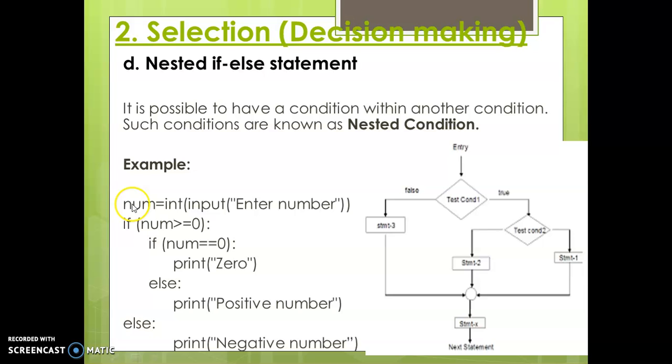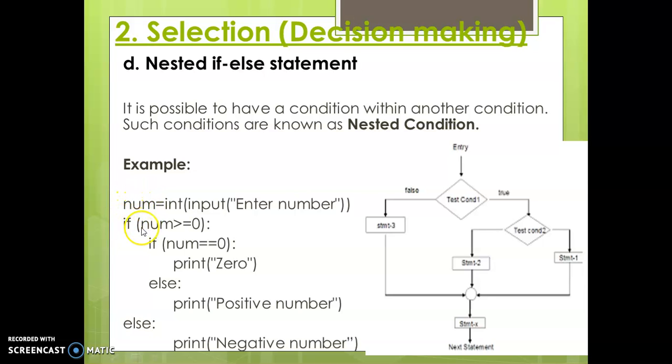Here see, num equal int num. What is num here? This is a variable. Equal is an assignment operator. Int is typecasting from one type to another type. If we are not using int here and only using the input statement, whatever value we get in num will be string type. So int here is a typecasting from string to number, it is converting, and after converting it gets stored in num.